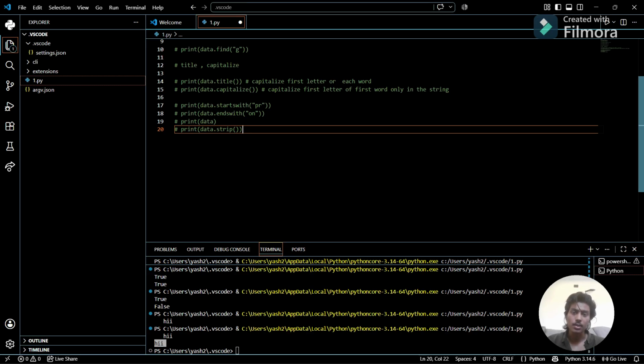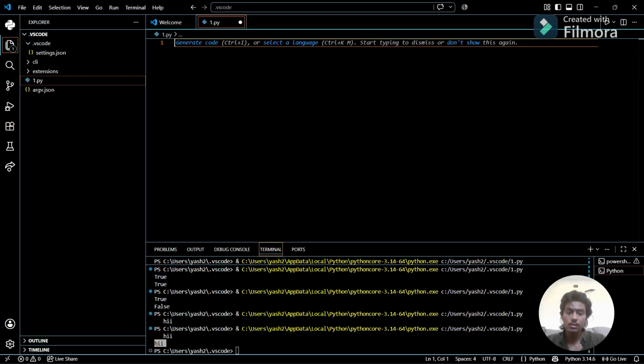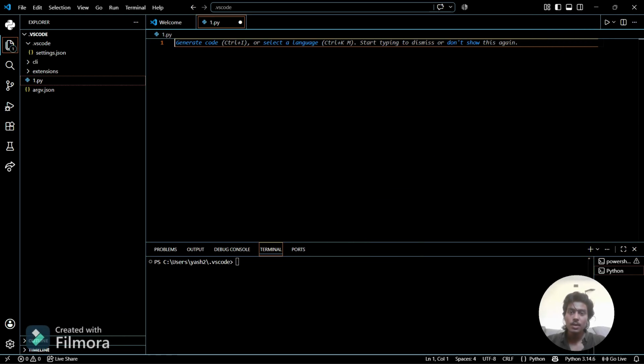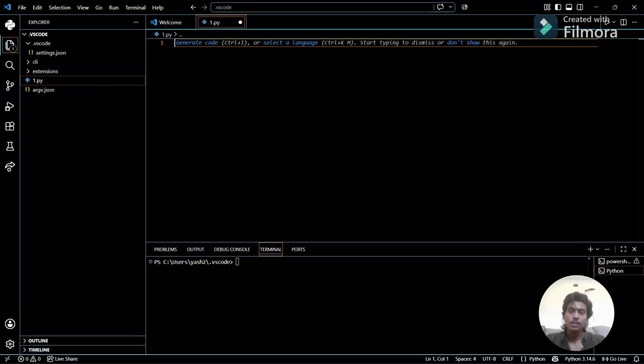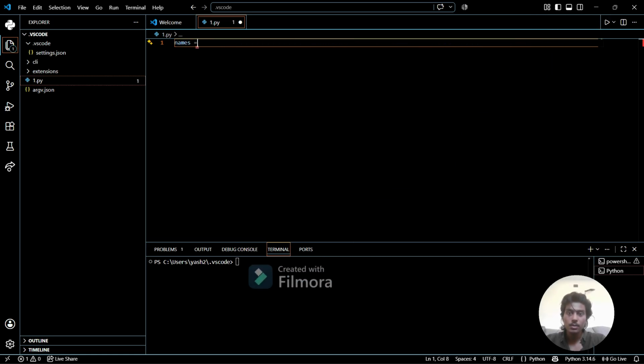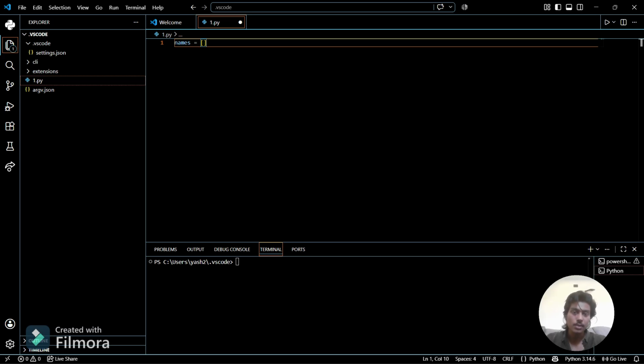So now we are on a VS Code. Let me clear it all first. So now I'm going to explain what lists are. Let's suppose if I have a list. Let me give you an example. If I want to store the marks of the students, and there are names, you can see. So lists are stored in square brackets. So the first student is Yash, and then second is Rahul,